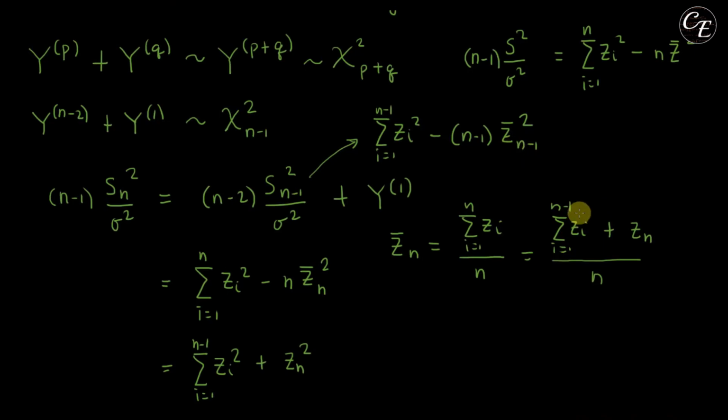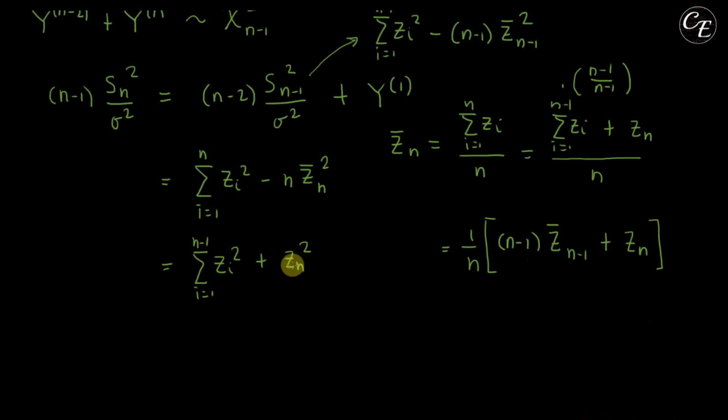So we need to multiply this one by n minus 1 over n minus 1, so that it will become like this. We have an extra n minus 1 in here, so this one over n minus 1 will become this one, over n. Then we have extra n minus 1, and then this one over this one is z bar sub n minus 1,